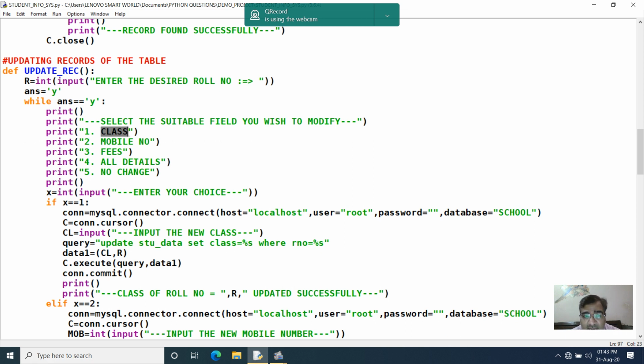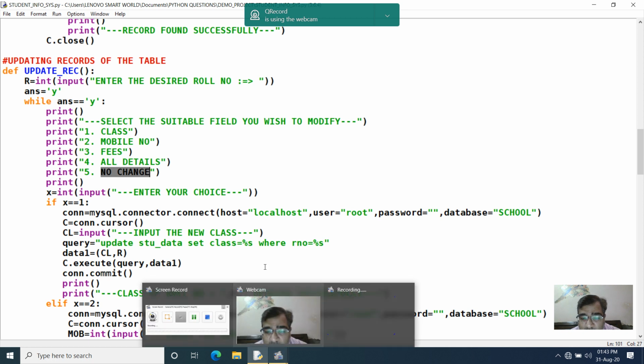You want to change only the class of student, only the mobile number, only the fees, all the details, or you don't want to make any changes. It may happen you want to change only the class but not other fields. So accordingly I have made the cases that whichever change you want to make, that change will run.